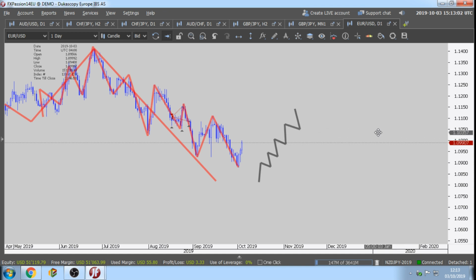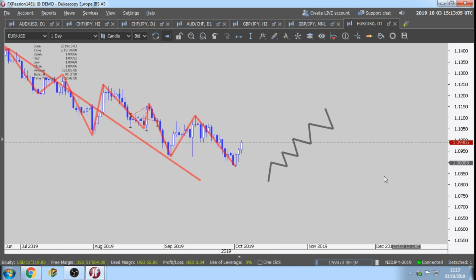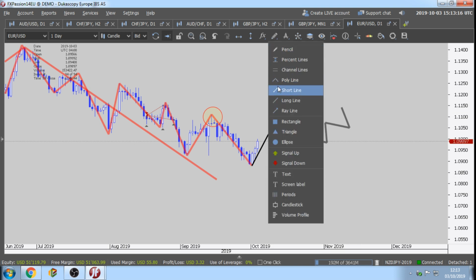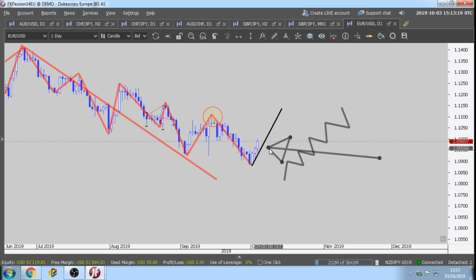Now, but it's an easy trade, everybody. This is the daily chart. If you want to go long, wait for the market to break this relevant high, and if you want to go short, wait for the market to break this counter trend line. It's a no-brainer. If you want to go short, wait for the market to break this counter trend line. If you want to go long, wait for the market to break this relevant high. Don't enter right now because you are in a danger zone. The market is hitting resistance at this point in time.